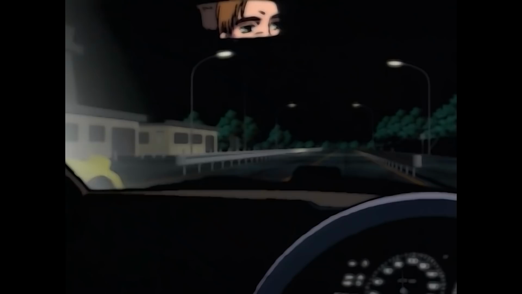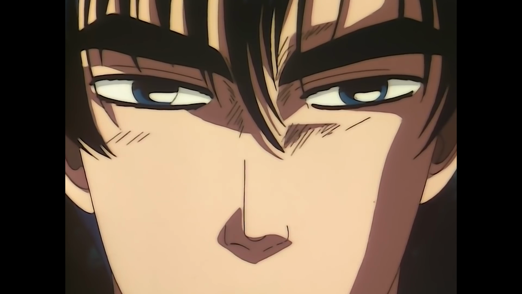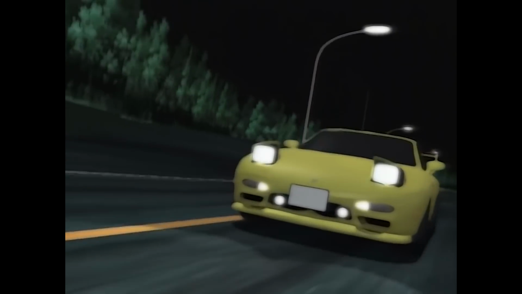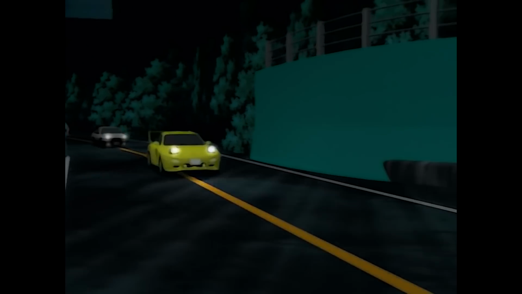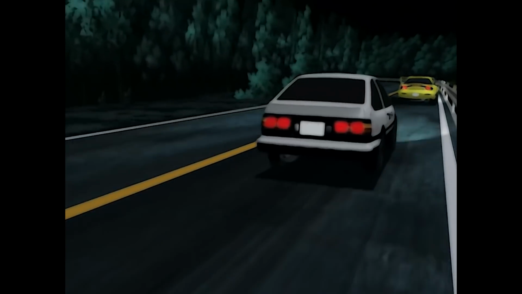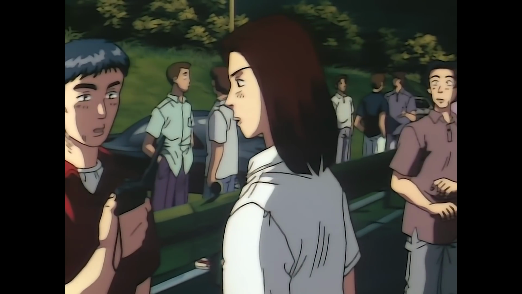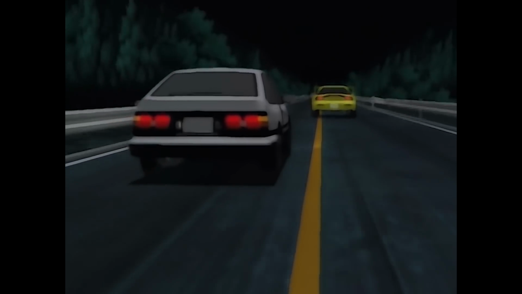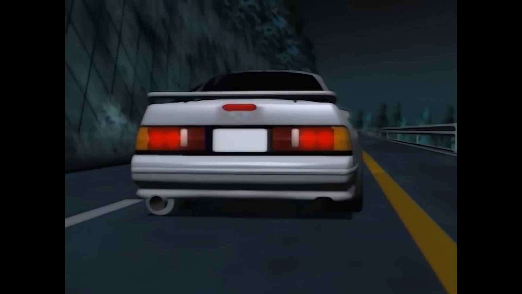They also only use CG during the race scenes with the exteriors of the cars. They do cut back and forth to 2D animation when they cut to the interior of the car, but all exterior shots are CG, and so it's established with the audience and it never pulls you out of the races. And finally, the CG objects are cars. Solid objects that, although they look horrible because the show is from the 90s, don't look like some terrifying body horror. And that's why the awesome races of Initial D are still incredibly immersive despite the use of 90s CG.